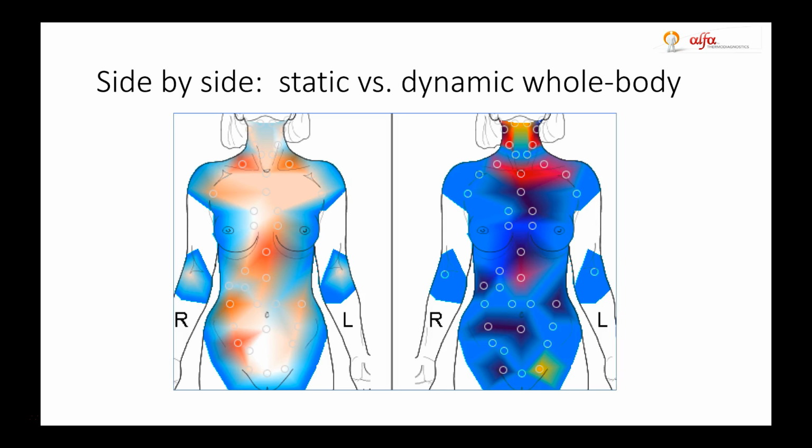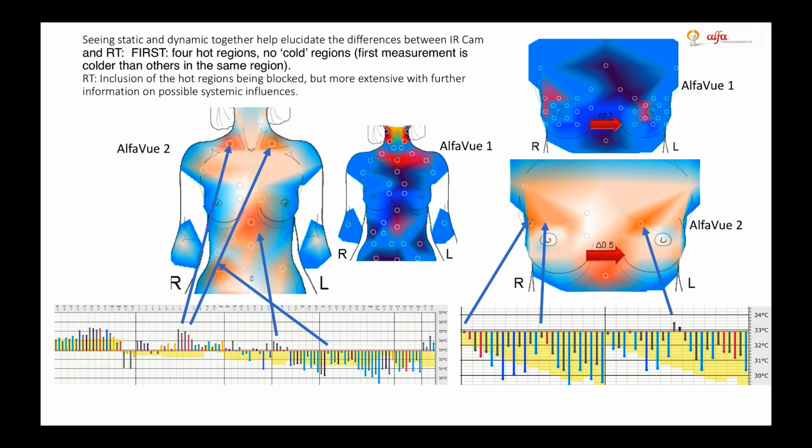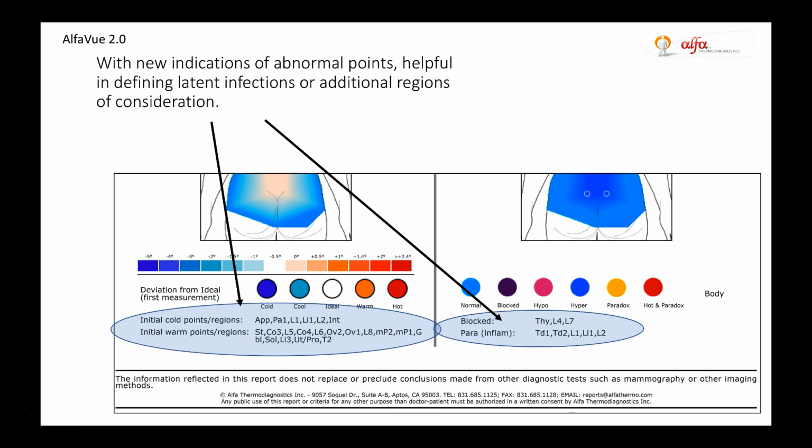Then you can see that here. So many of the same areas that are red might be black. Those are most important. So that gives you a whole other view, and you can see where these are derived, these warmer points looking more red or orange than the white points that are ideal, or the blue points in the first measurement of the AlphaView 2 are cold. Here again, we then tell you what points have an initial cold or an initial warm. And then with the differential, as always, we have the block points and the paradox points, which are mostly identifying